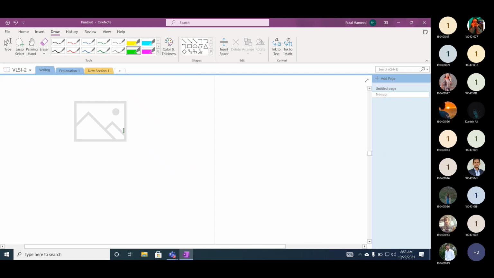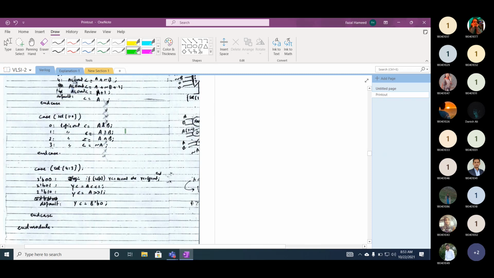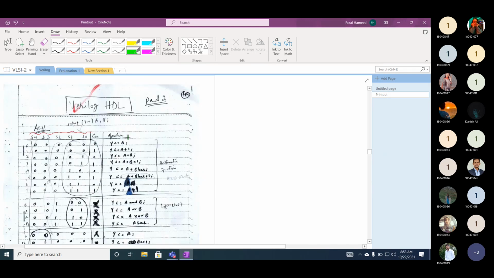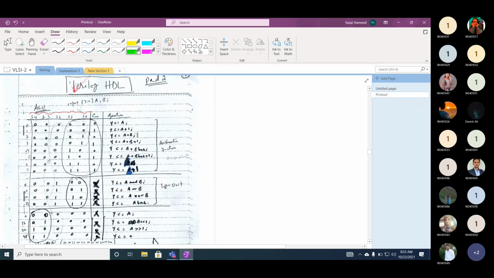Okay. Now coming back to the ALU, what was the reason behind it? I started with a very simple example, and now we can come up to a more complex example. If you look at this ALU structure, what is the size of the select line? 5 bits. How many operations can it support? 32. But if you look further into this ALU, ALU stands for arithmetic and logical unit.